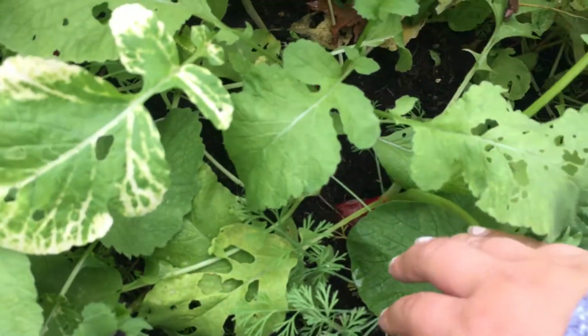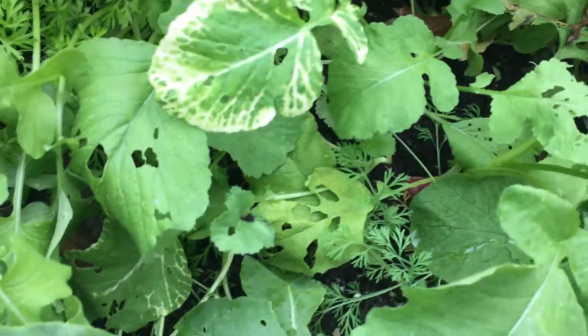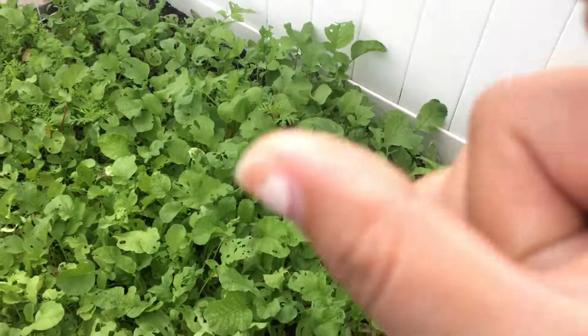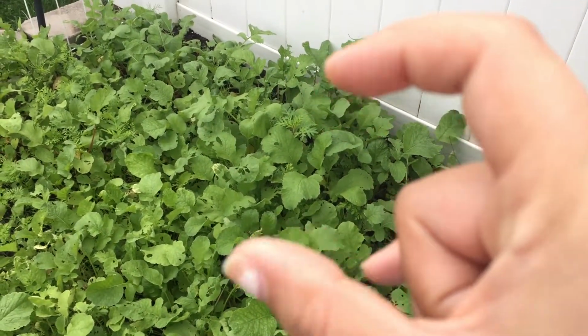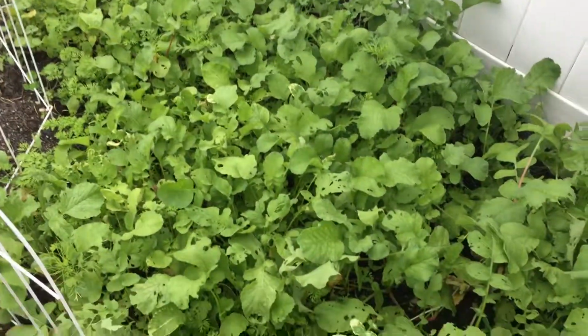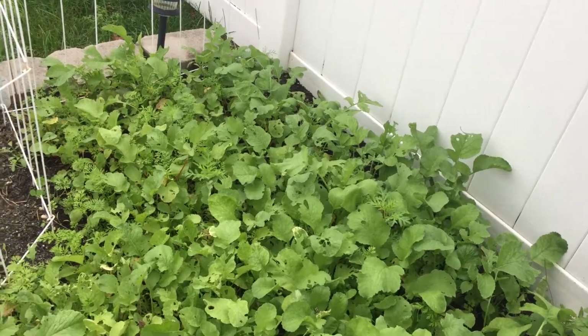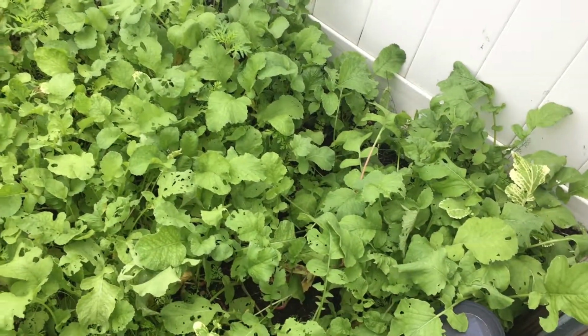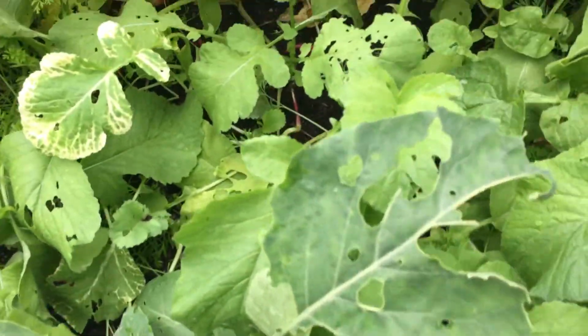Now, if you look right there, there's a radish, and that is probably half the size of the one I picked. I didn't take a picture of it because I was so excited, but it was probably 3 inches tall by 2 inches wide, or circumference, I guess. No, diameter. It was huge. I'm pretty sure it was one of the German giant radishes, just because it was gigantic. But it also was one with huge leaves, so there might actually be